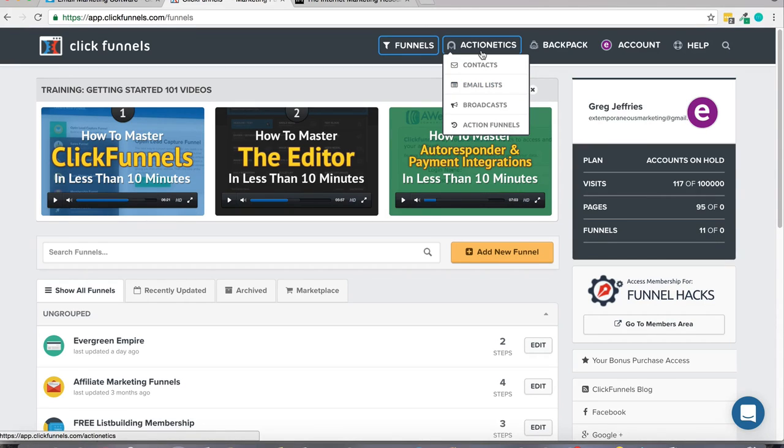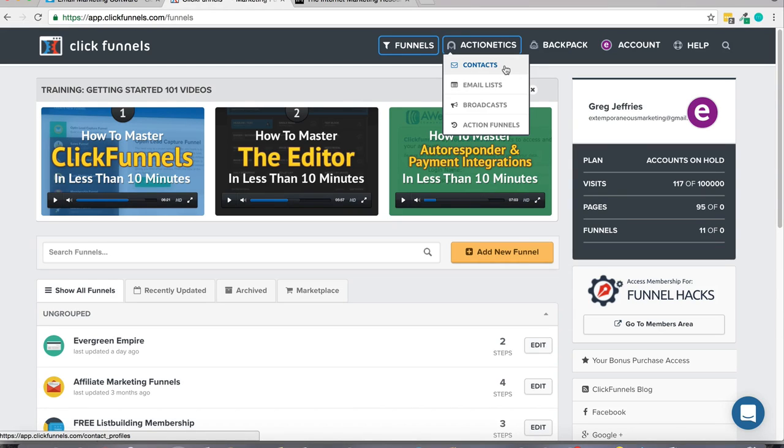It integrates with all the popular autoresponders out there, but it also integrates and connects with transactional email services. These are the same types of email communication services that big brands like Pinterest and Facebook use to make sure that you get alerts from your accounts, and those types of messages always get delivered. So the deliverability rates of these transactional email services are extremely high, and it's extremely affordable. It's a lot cheaper than a traditional autoresponder,